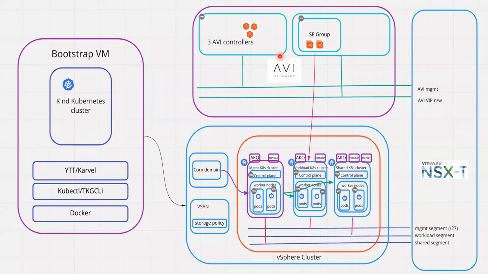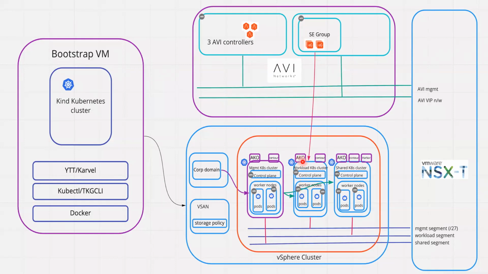Then for the purpose of load balancing, we would be using AVI, or in case you do not have AVI, it can even be F5 or MetalLB or any other load balancer. In the case of cloud, it can be the cloud load balancers that are available. In the case of AVI, there would be an operator running on every cluster, and this operator is responsible for communicating. So let's say your development team is building a pod that requires a service of type load balancer, which requires an IP from a load balancing segment.